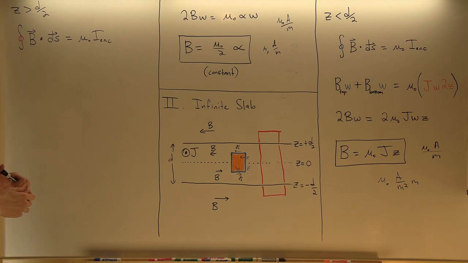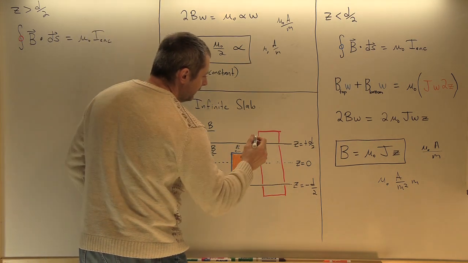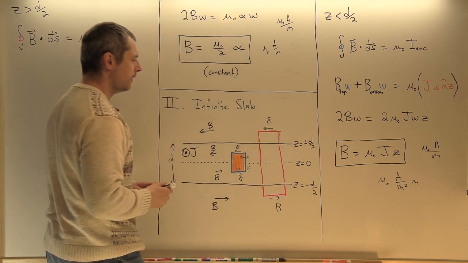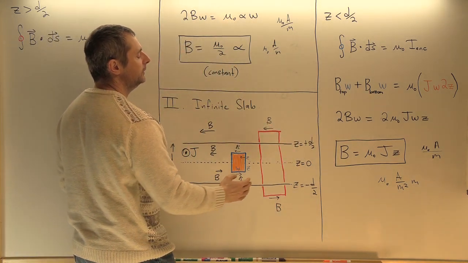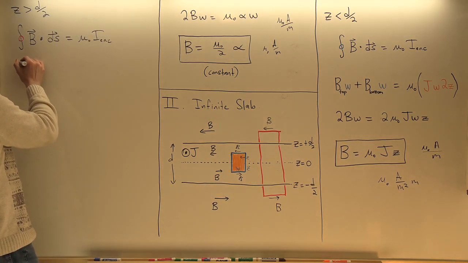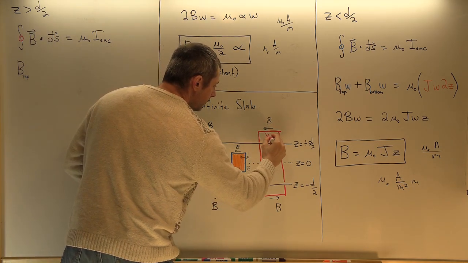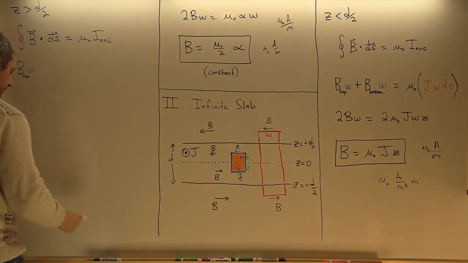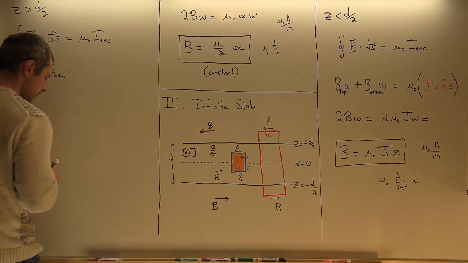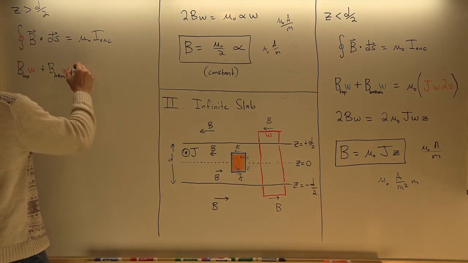Now, why did I pick such a rectangle? The same reasoning here. I know that the B ds will be 0 along the sides, and the only part of the integral that will not be 0 is along the top and the bottom, where B and ds, the direction of integration, are aligned along the top, and B ds are aligned along the bottom. So that will give me, again, B top times the width W plus B bottom times the width W, that's along the bottom, will equal mu 0